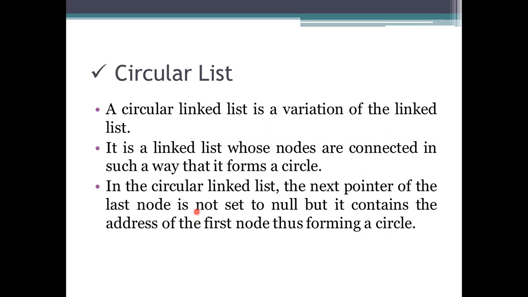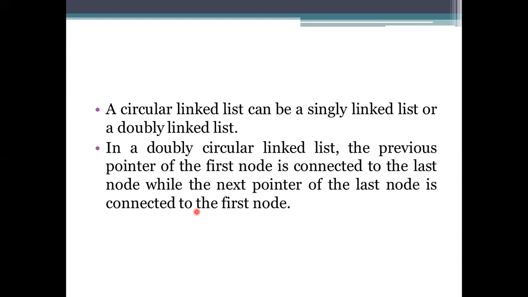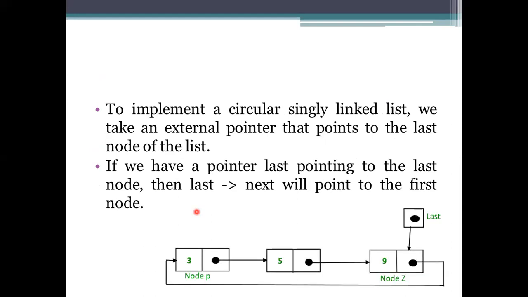And coming to the next one, there is a circular list. In this circular list representation, the list won't be set as null. If you see, the last one will be pointed to the first one, so there is no null pointer in the representation. If you have only a single node, it will be pointed to itself. So what is the last node here? The last node's next pointer will always be the first node.